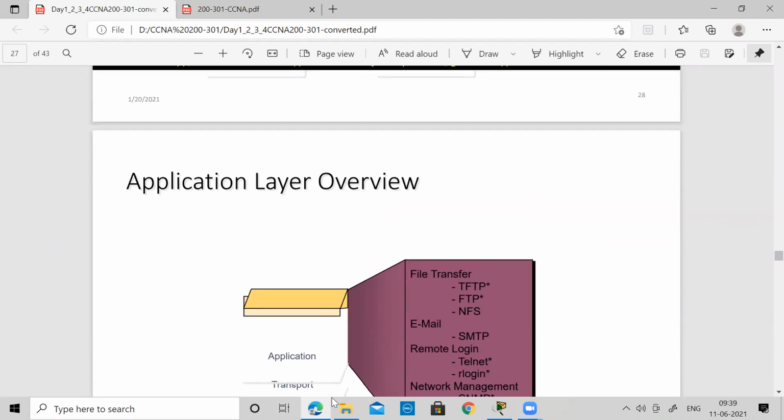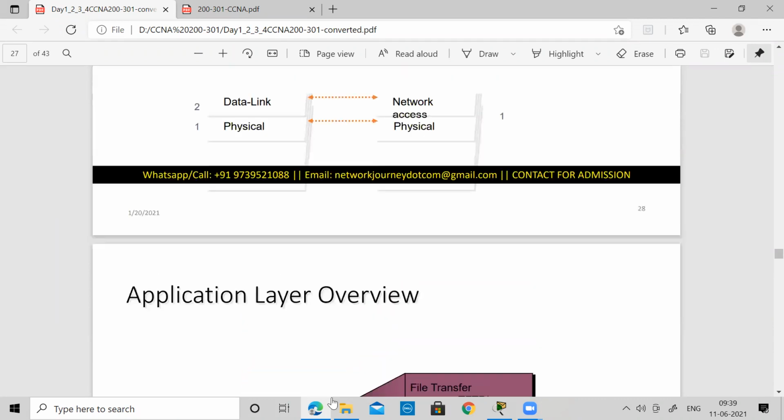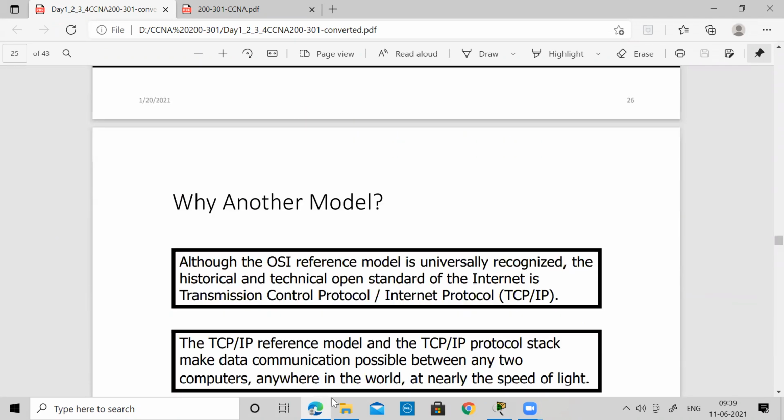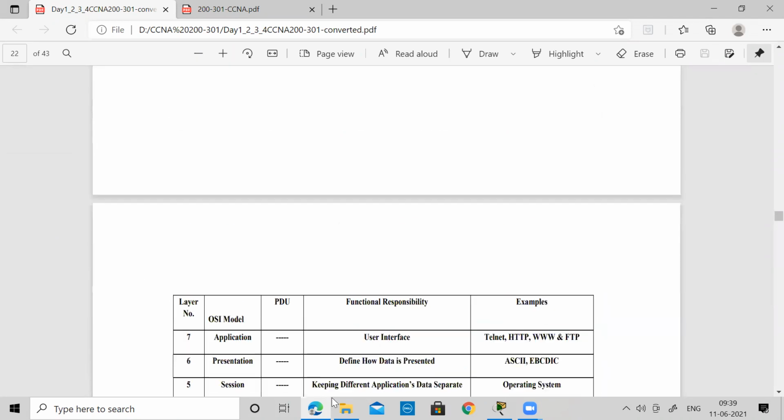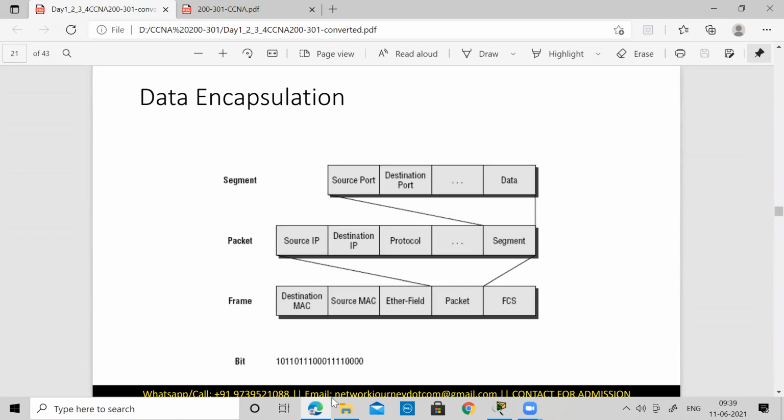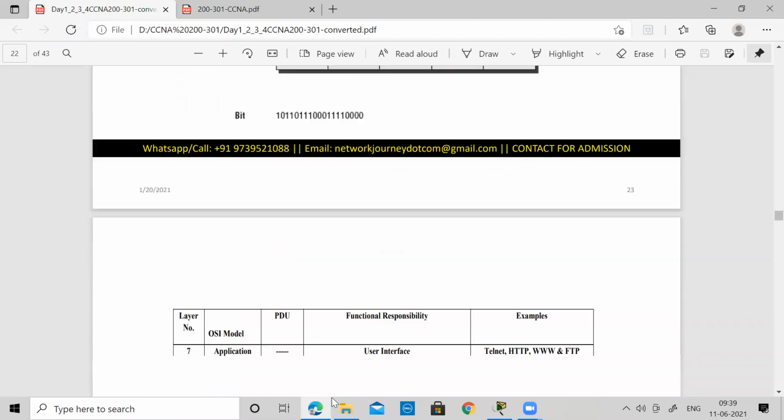In today's class, to summarize and wrap up, we discussed the encapsulation mechanism, how encapsulation happens from one layer to another. We understood the kind of addressing involved in each layer: port addressing, IP addressing, and MAC addressing. We also understood how the data is referred to in each layer: segments in the transport layer, packets in the network layer, frames in the data link layer.